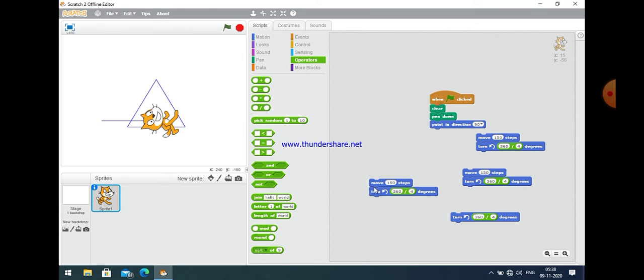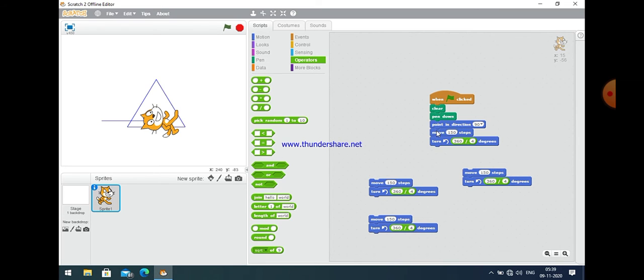So just make a copy by right clicking on that and making a duplicate copy of it, and anything you find extra you can delete by right clicking on that. So let us see.